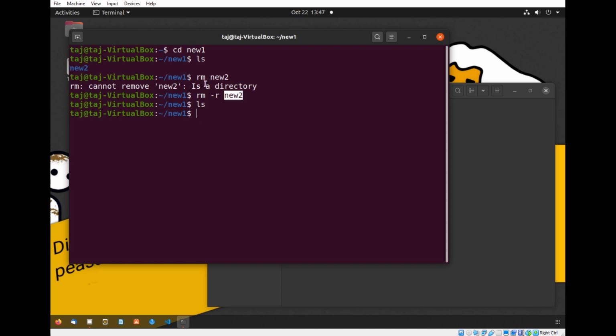So whenever we are going to remove a directory, we will have to use rm, then space, hyphen r, and then space, the name of the directory we are trying to remove. Okay,